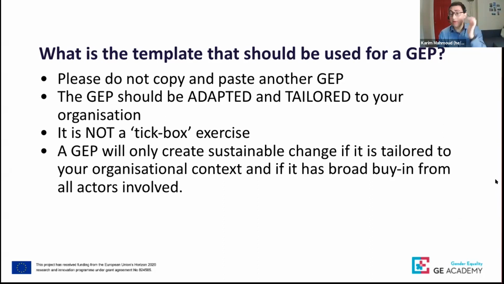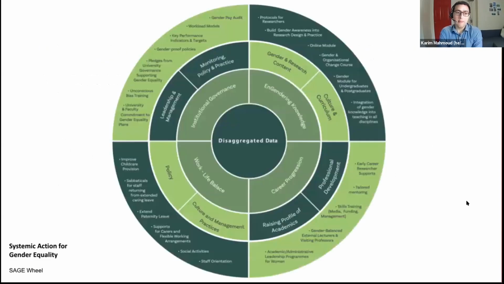And so it really needs to be tailored to your organizational context, and it should have broad buy-in from your different stakeholders. Before we move on to some concrete examples, I wanted to share with you this wheel. This is from the Horizon project called Systemic Action for Gender Equality, SAGE. They have produced this wheel, and it covers 4 out of the 5 key areas that we've been discussing. I thought I would share it with you because you can use it for inspiration when developing your gender equality plan, because it gives some ideas on the types of areas that could be targeted